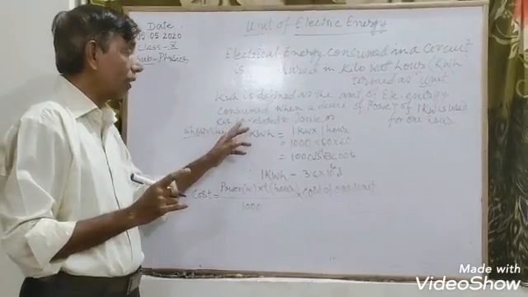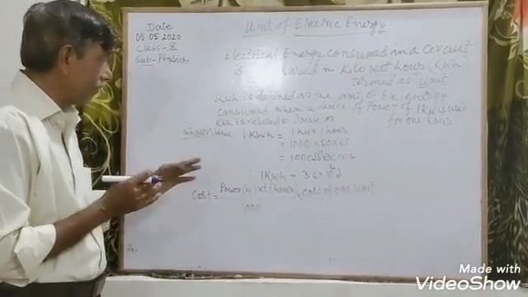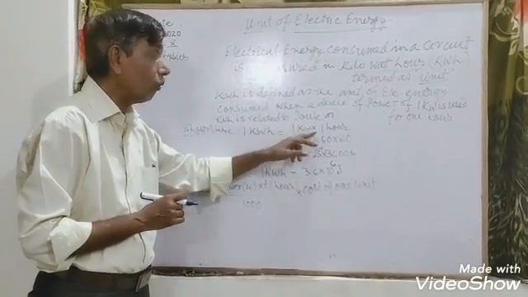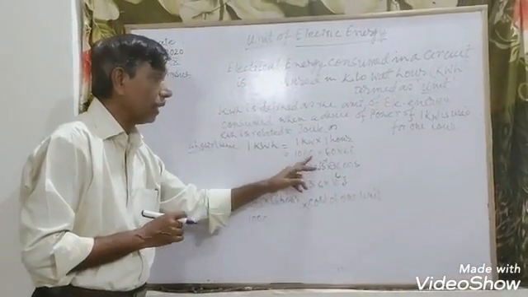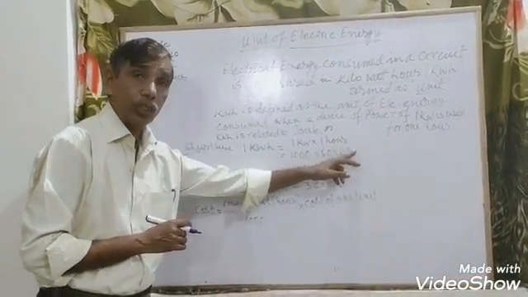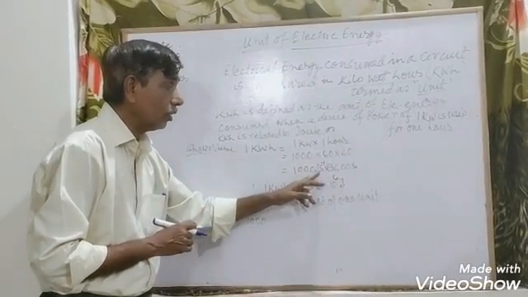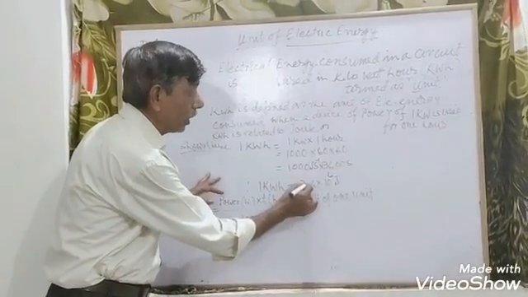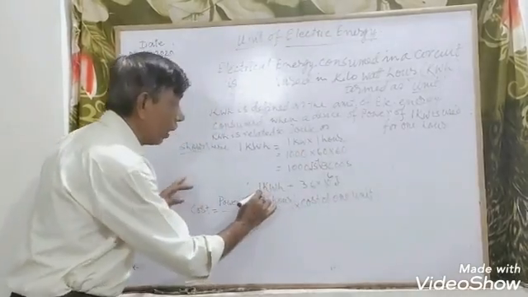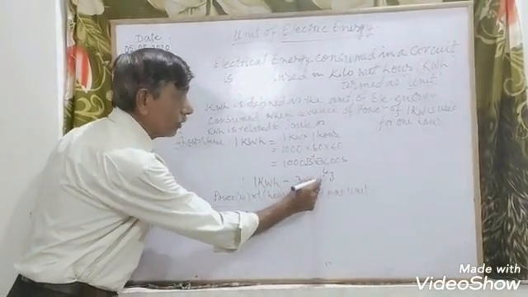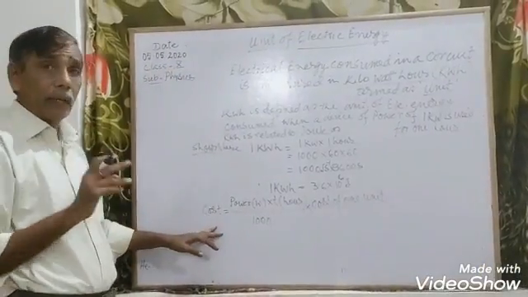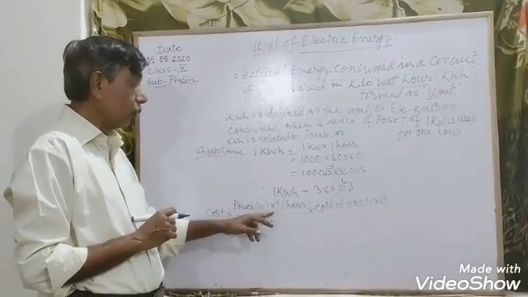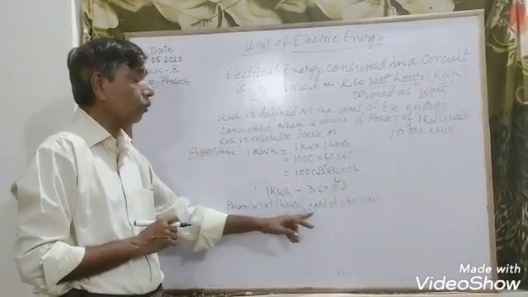And kilowatt hour is related to joule. As shown here, 1 kilowatt hour is equal to 1 kilowatt times 1 hour, that is 1000 times 60 times 60. It is 1000 joule per second times 3600 second, written as 3.6 times 10 to the 6 joule. So 1 kilowatt hour is equal to 3.6 times 10 to the power 6 joule. And the formula by which cost is calculated: cost = power (W) times time (hour), divided by 1000, times the cost of 1 unit.